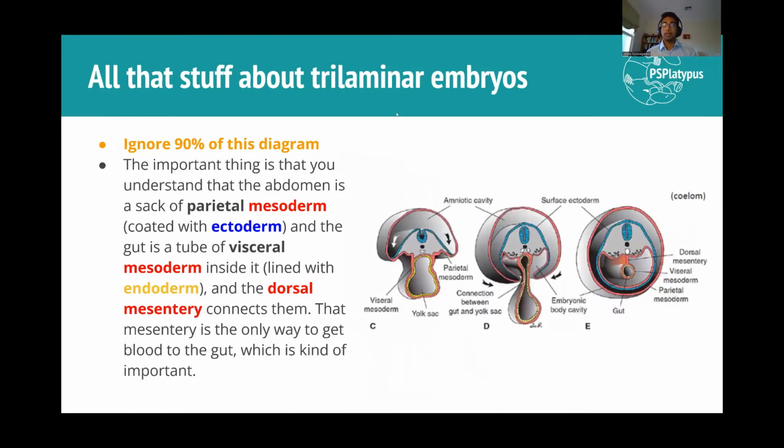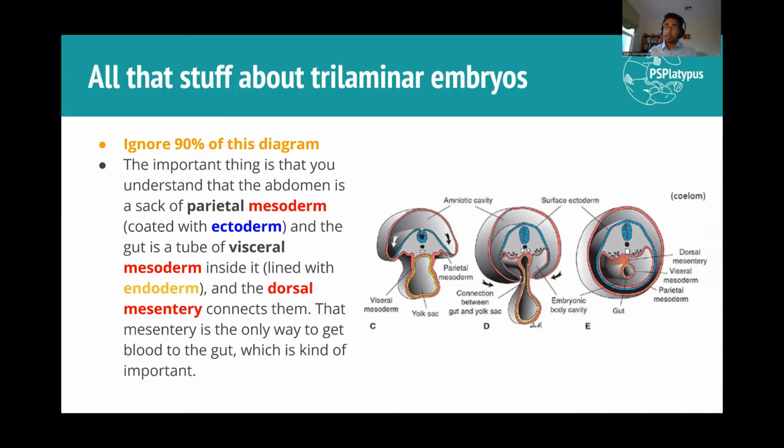Okay, so they give you a whole bunch of stuff about embryology. It's really confusing. There's a lot of it. You don't need to know most of it, okay? So the important thing to understand is basically, if you look at this diagram, you can see how we start with an embryo, which is sort of two sacs and a little bit in the middle. And then the top sac goes and folds over, and in doing so, it creates the abdominal cavity and the gut tube inside it. So basically, the takeaway I want you guys to take from this is that the abdomen